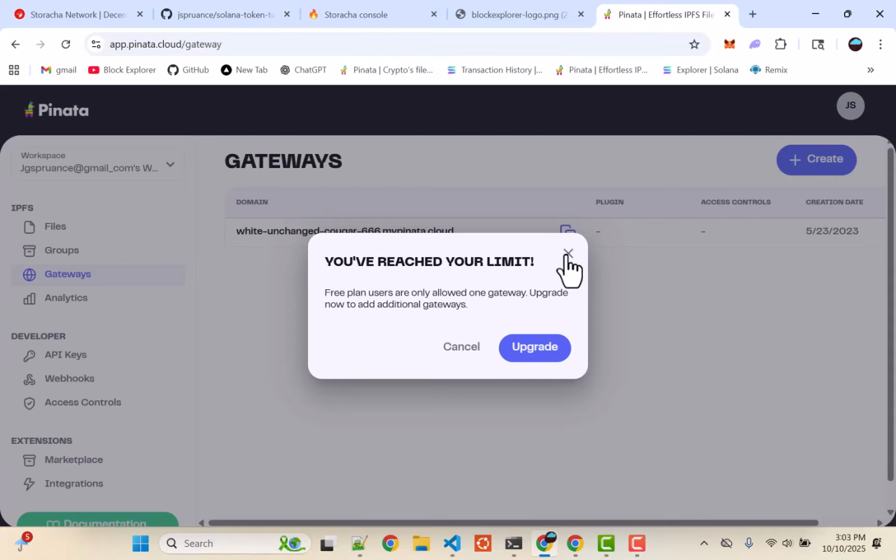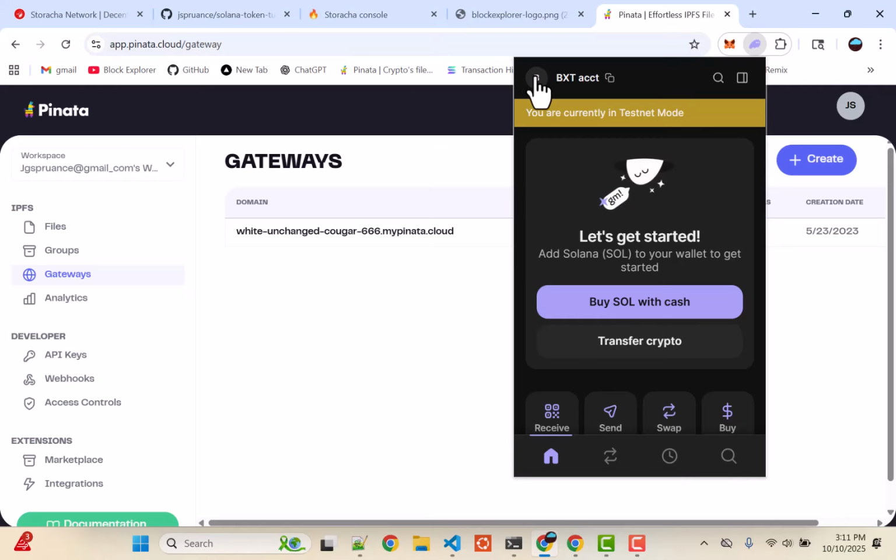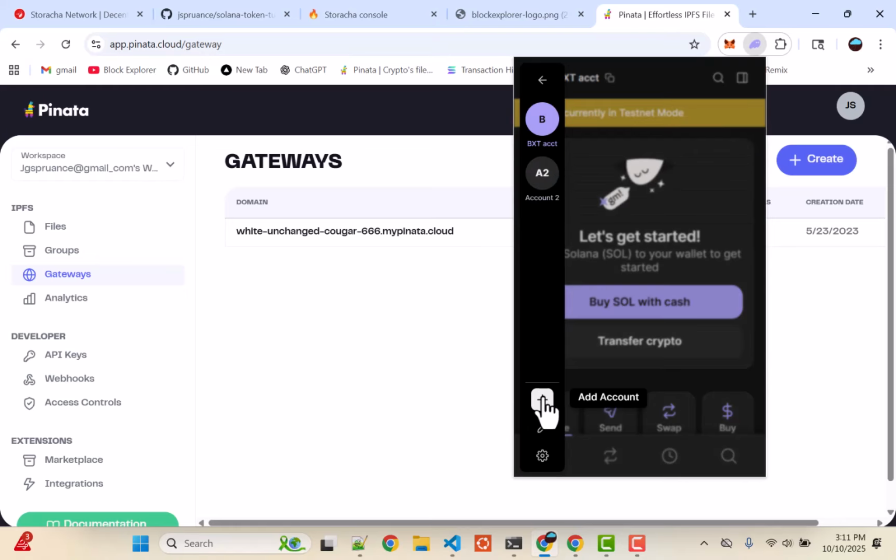Okay, now that we've got our metadata set up, let's do one final test and make sure that we can transfer tokens from one wallet to another. So what I'm going to do is open up Phantom, and let's go ahead and click on the icon on the top left-hand side and create a new account. So I'm going to do Add Account, create a new account,